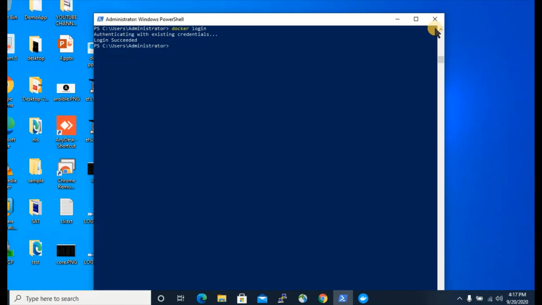Everyone can use Docker in both environments. Developers comfortable with Windows can use Windows OS, and those comfortable with Linux, Ubuntu or anything, can use that.